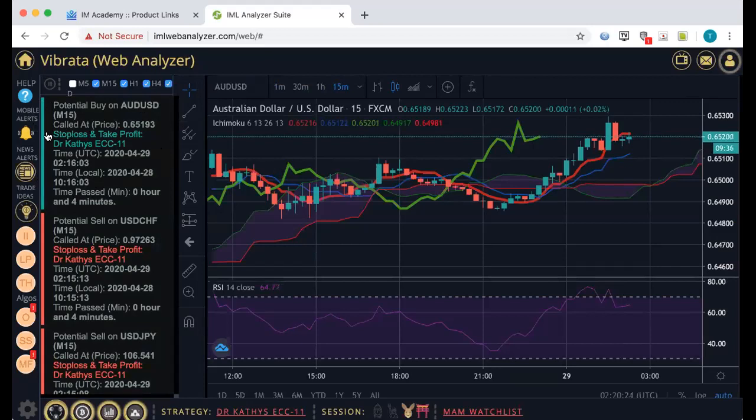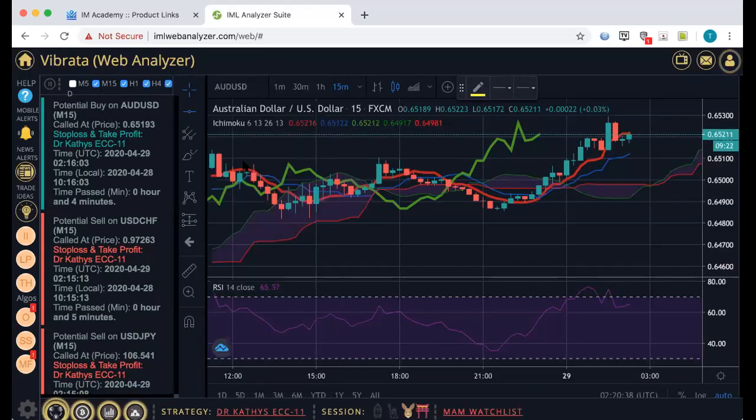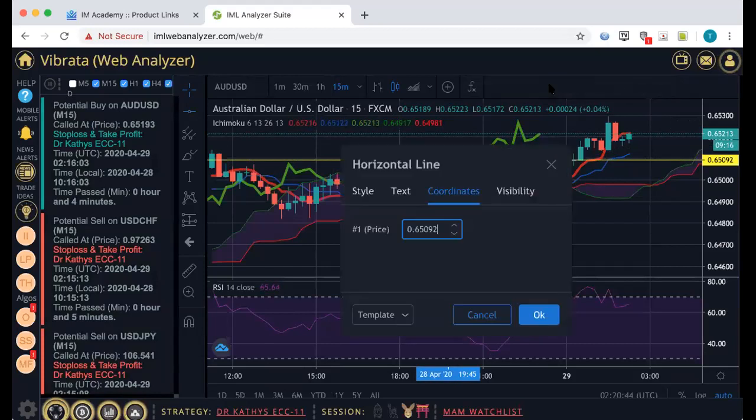We know it's a buy because the bar is blue and it says potential buy on AUD USD. Red line is above the blue line, it's above the cloud. Let's go to the horizontal line. Click on the horizontal trend line, click on horizontal line, click anywhere on the cloud, go to settings, type in